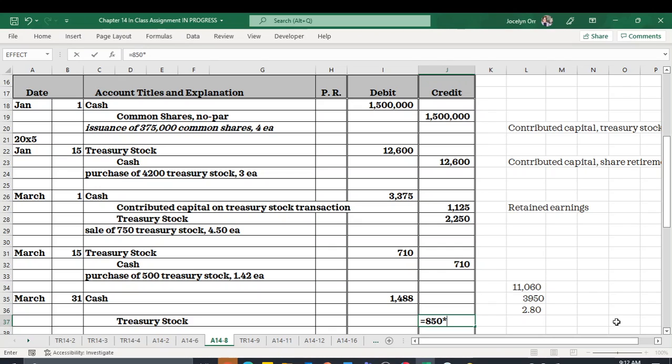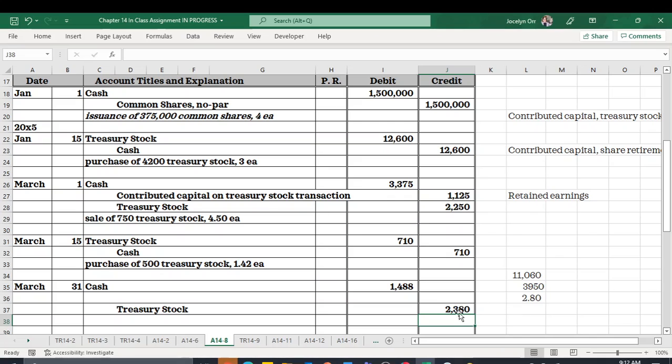So our 850 shares multiplied by $2.80 is going to give us 2,380. So this time we need an entry on the debit side in order to make our transaction balance in the amount of 893. And we need to decide, are we using contributed capital or are we using retained earnings? So we look at the balance of contributed capital on stock transactions. We've had one entry for 1,125 on the credit side, which means that we can debit